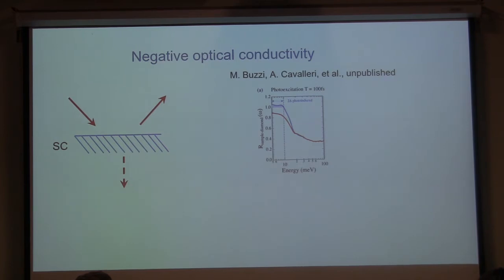Of course, there is no violation of conservation of energy, because we're looking at the non-equilibrium state, and therefore the fact that we're getting more light out than the incoming beam just shows that we're extracting some energy which was stored by the pump. But it's still very surprising how we can get this reflection coefficient greater than 1. And as I'll hopefully show in this talk, you will see a connection between this experimental fact and the Higgs excitation.